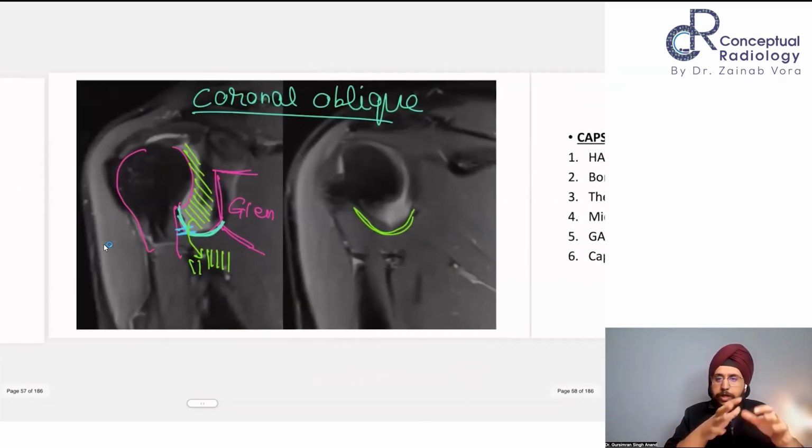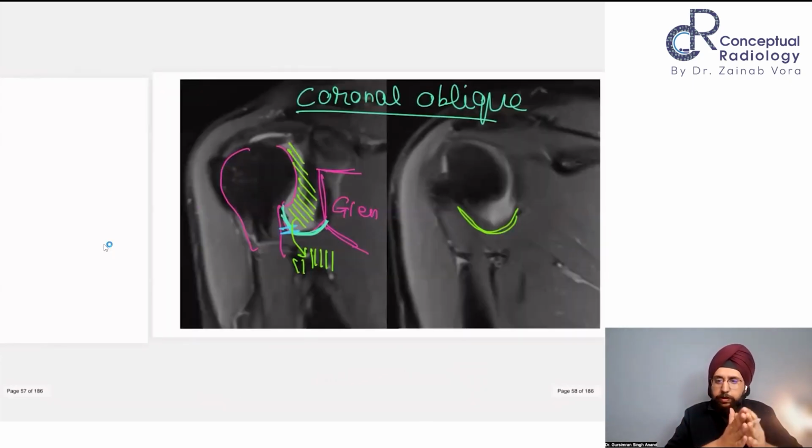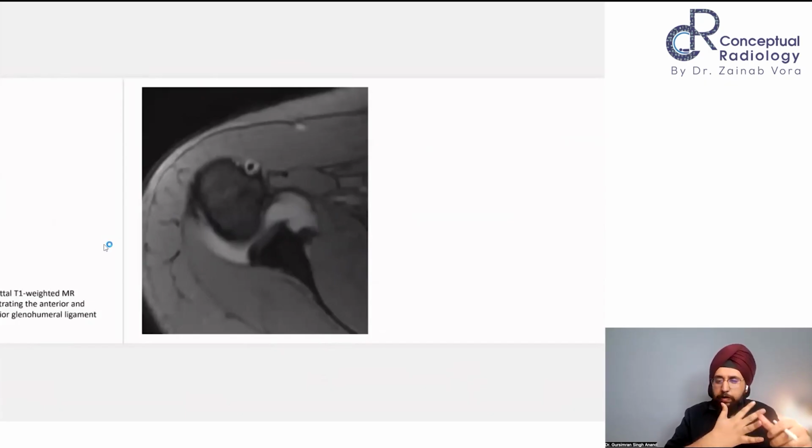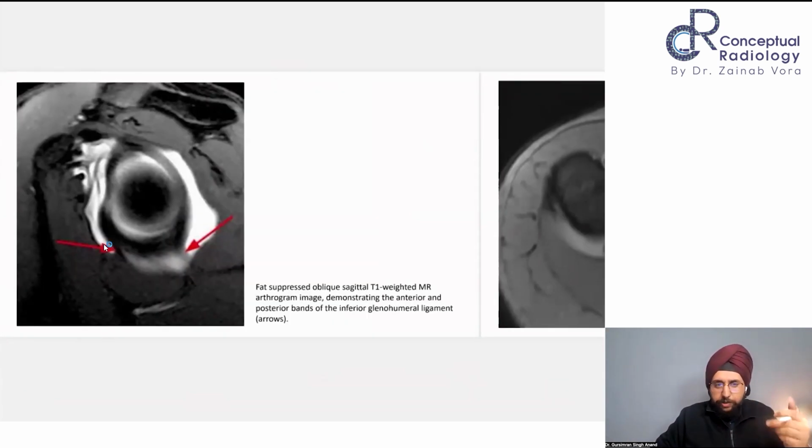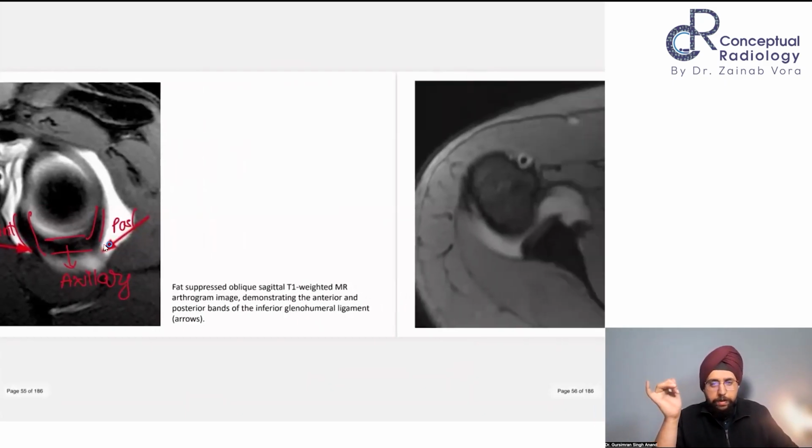So we are talking about the IGHLs now. IGHL can be seen on axial images, sagittal oblique images, and coronal oblique images, all three. Okay, all three images have different uses. So first, if you look at the sagittal oblique images, this is your anterior band, this is your posterior band, and this area is your axillary recess. So this is best to assess the fluid in the axillary recess and tears in the axillary recess. Okay,